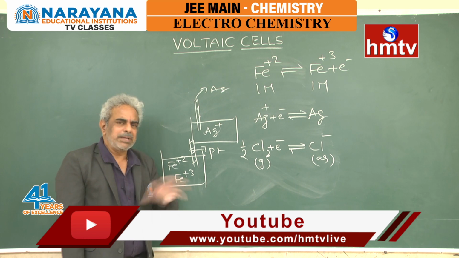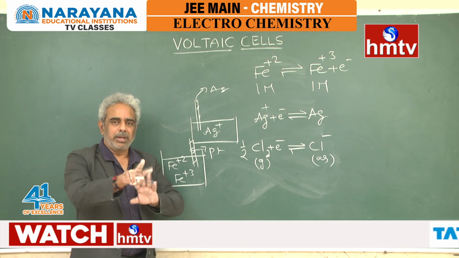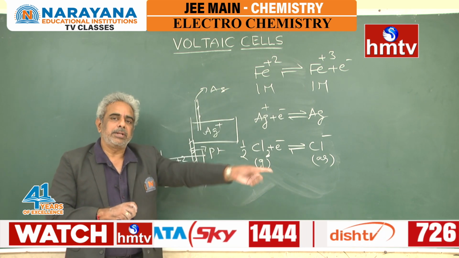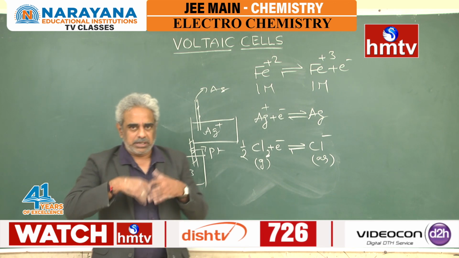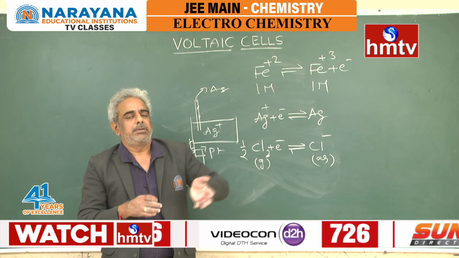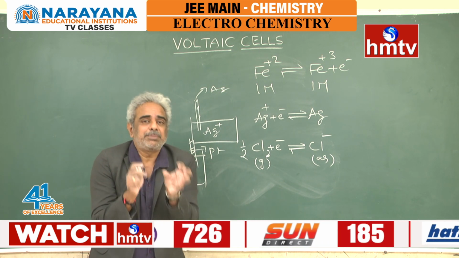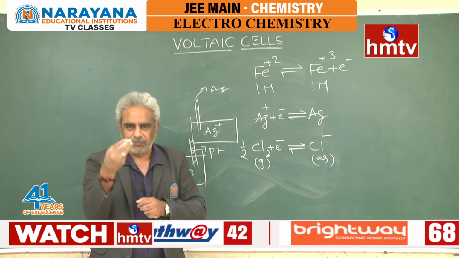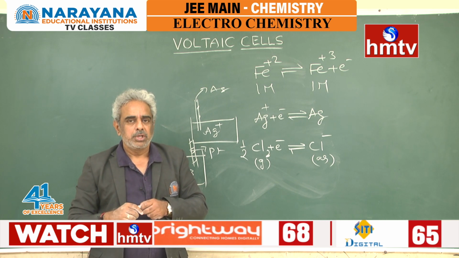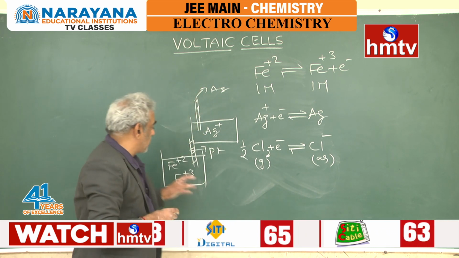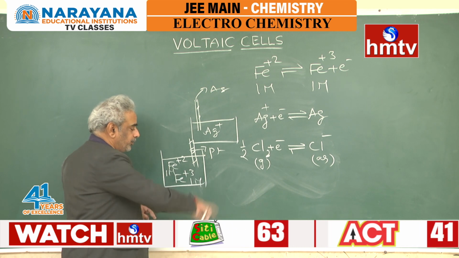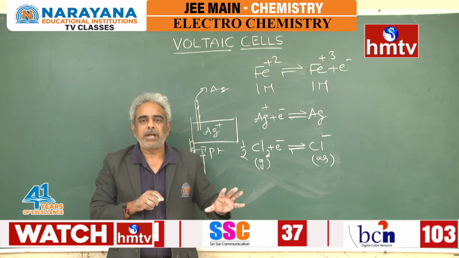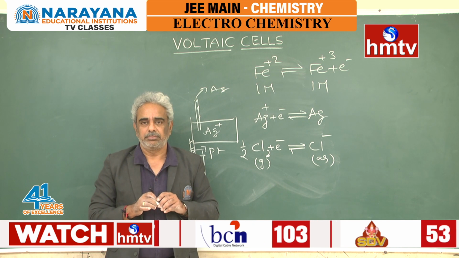Ferrous-ferric electrode. Always remember, an electrode is a combination of a redox couple, which can be written with a half reaction, that can be connected in the circuit. If that is directly a metal which is in the redox couple, the metal can be directly connected in the circuit. If there are ions present in the solution, you can't connect them directly in the circuit. You just dip a platinum rod, platinum foil, and then connect. So, how to represent? Of course, if the concentrations are 1 M and 1 M only, that too at 25 degrees only, you have to call the potential as standard reduction potential in the reduction direction.